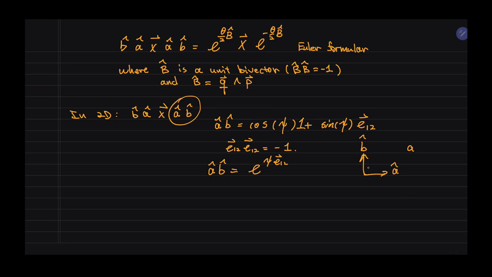So this angle and A hat, B hat was defined, the phi was defined from B to A, but here we have this expression is from A to B, and